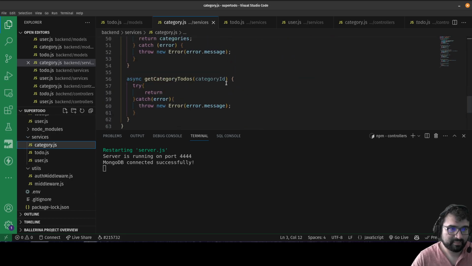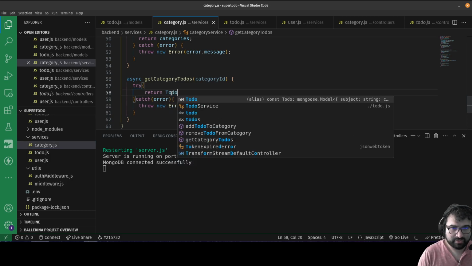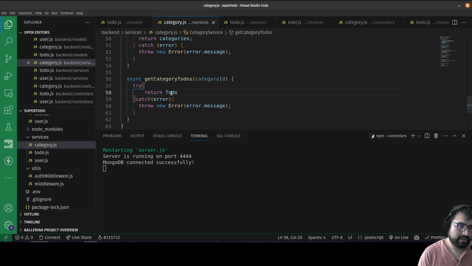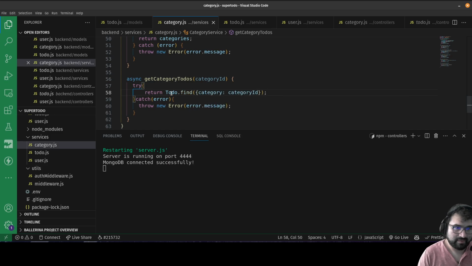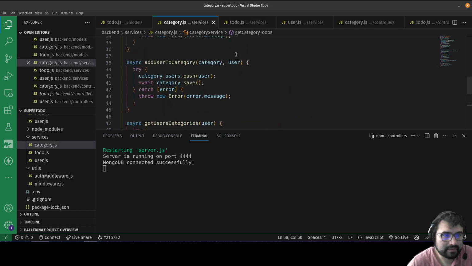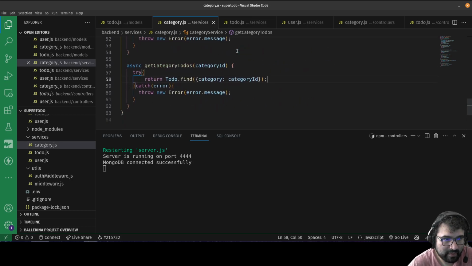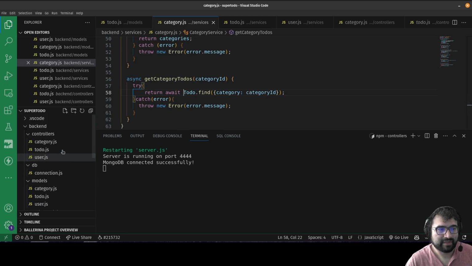Category to-dos, bring in the category ID, and we'll return to-do.find where the category is the category ID. Okay, cool. Awesome. So that should give me all the to-dos whose category is that category. And again, that should be awaited. Okay. So now if I go back to my controller,